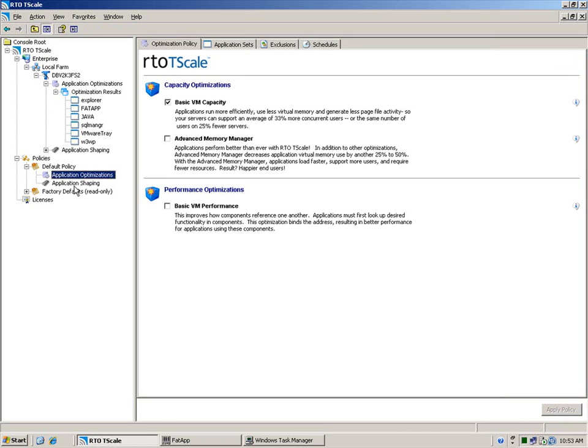optimize. And some of the things that we have on here that you can check are the basic VM performance, which we've been talking about. The advanced memory manager is what we were talking about with the dynamic delay load. So you can pick applications that you want to stop DLLs from loading if they're not being used. And we also have a performance optimization, which is something technically known as binding, but it makes your applications load